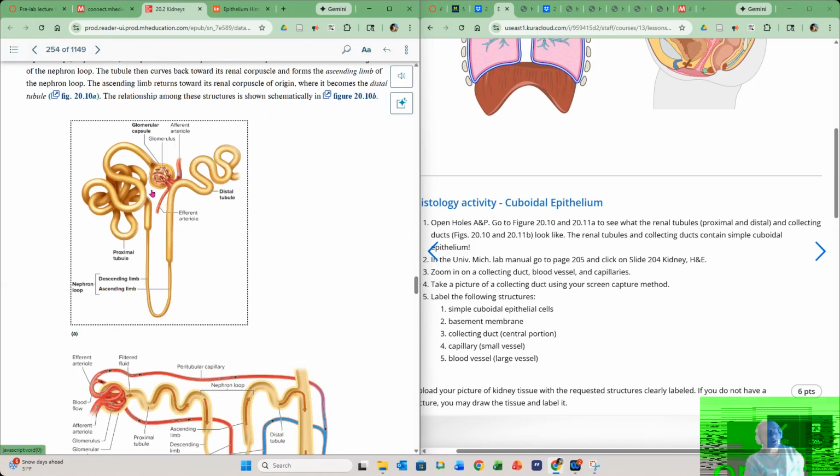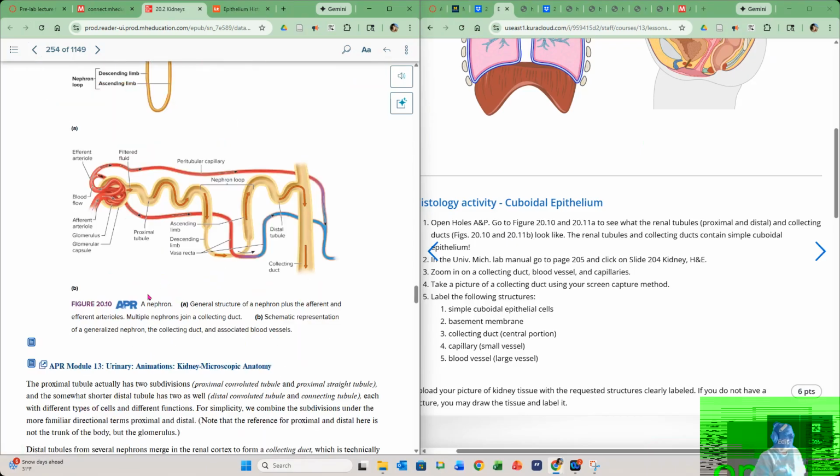And these are some of the structures inside the kidneys. You don't need to worry about what they do. You'll learn about that in anatomy too. We're more concerned with looking at the different structures that you can find inside the kidney. If you come down here to 20.10b,